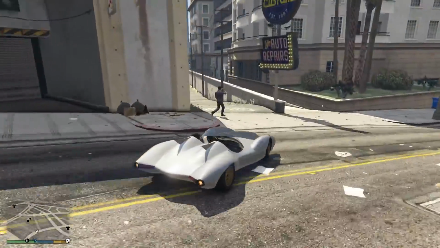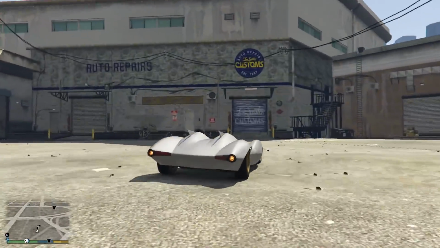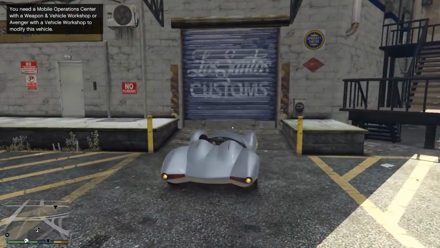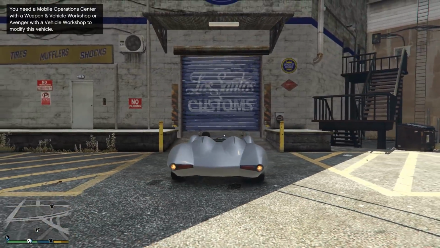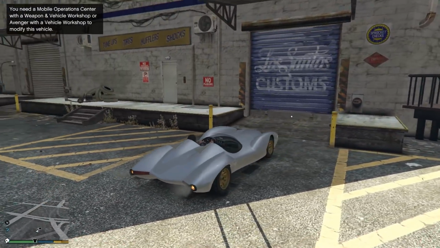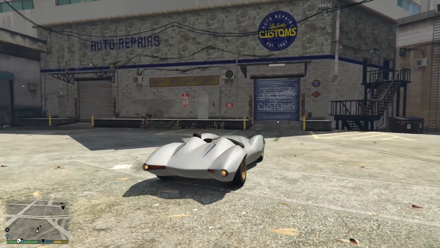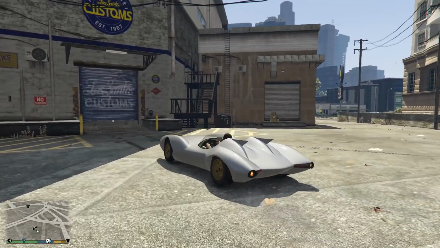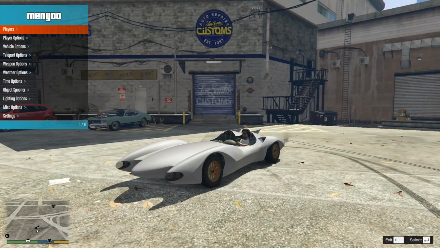Now, as for customizing and upgrading this vehicle, you'll be glad to know you don't require the new Terabyte that Rockstar released last week in GTA Online, but you can't just drive this down to any regular custom shop. As you can see, upon doing so, it will state you need a mobile operations center or an Avenger with a weapons and vehicle workshop if you want to modify this vehicle. So you'll have to own one of those and then take this inside if you want to customize it,